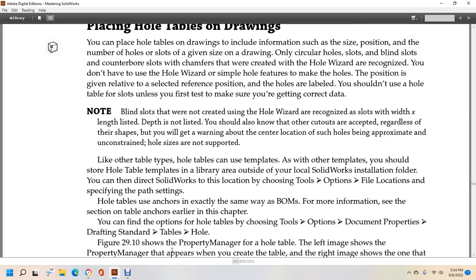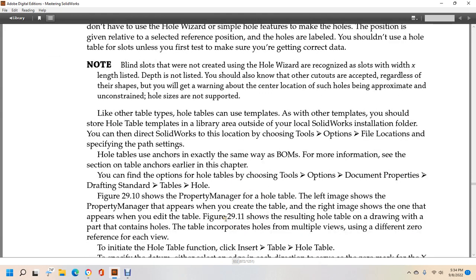Hole tables anchor exactly the same way as the bill of materials. For more information, see the section on table anchors, which you can find in the Tools, Options, Document Properties, Drafting Standard, Tables and Holes. Figure 29-10 shows the property manager for the hole table. The left image shows the property manager when creating the table, the right image shows the one that appears when editing a table. Figure 29-11 shows the resulting hole table